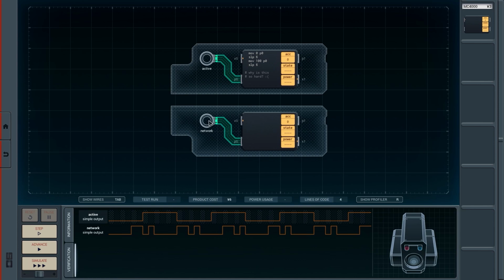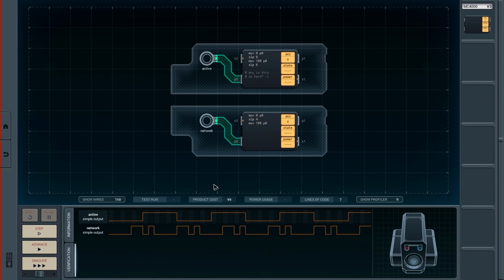We're going to draw this over to there, and then we're going to try to program this. So basically we want to move 0 to P0, and then we want to, let's see, how long is that? We're going to sleep for 1, 2, 3, looks like 4. So we're going to sleep for 4, and we're going to move 100